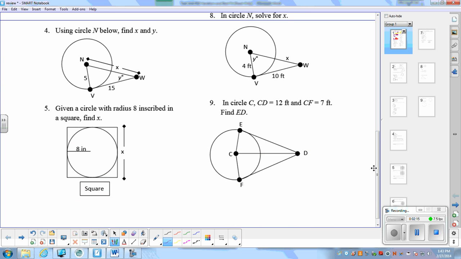Number 4, find x. We know that our tangent line is perpendicular to the radius at the point of tangency. So we know that's a right angle where our radius hits our tangent line at the point of tangency. Well then, we're looking for x. x is our hypotenuse. So 5 squared plus 15 squared equals x squared. That's 25 plus 225 equals x squared. So 250 equals x squared. Take the square root of both sides. We get that x equals